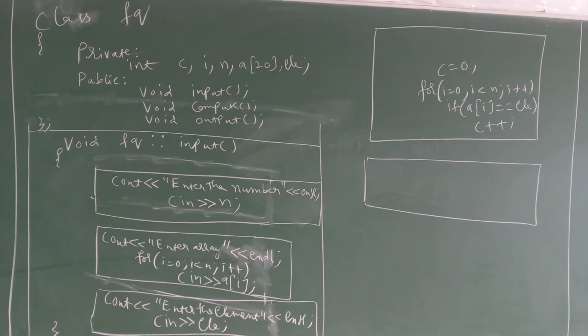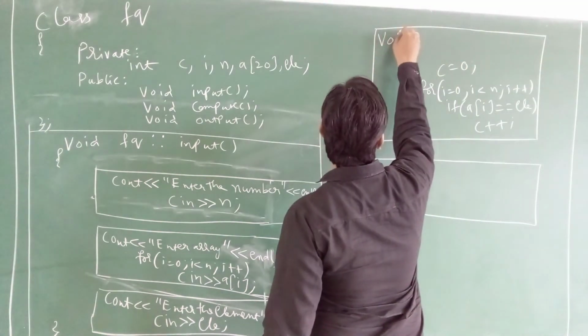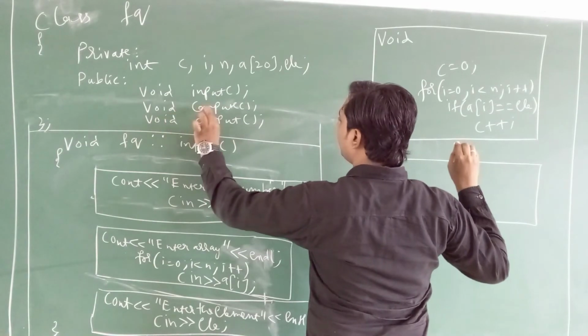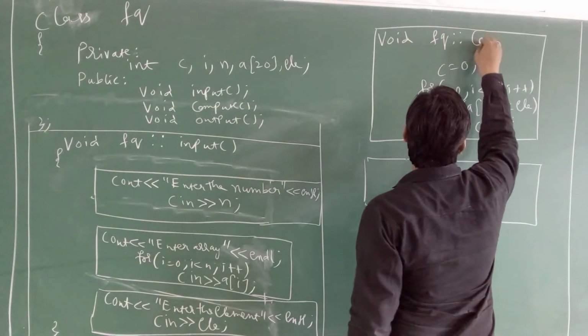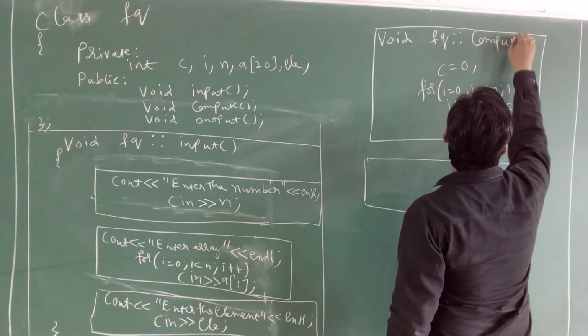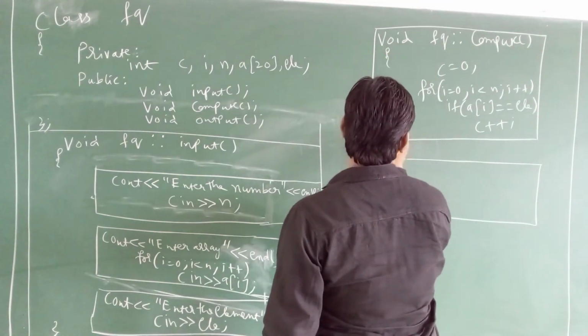Okay. Just for time being, you see three boxes I have represented: first n input, then afterwards array, then element. Clearly, after the class you see this one. Then the logic, already you know, already you have written the logic, that is compute. The same thing you have to write here. What is that? Void between compute and void. What do you have to write? Same thing: FQ scope resolution operator, compute, open bracket, close bracket. Don't forget.